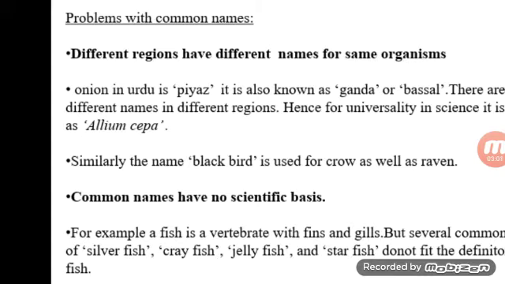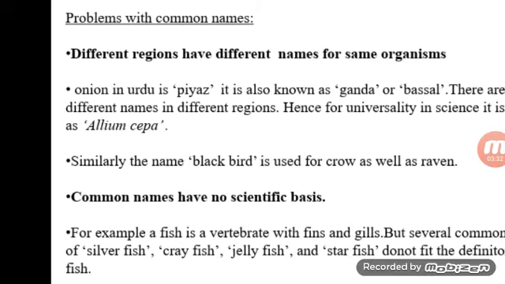Similarly, the name blackbird is used for crow as well as raven. This is also a problem, that the same name is used for two different things in different places. The second problem is that common names have no scientific basis. What does that mean? Example,